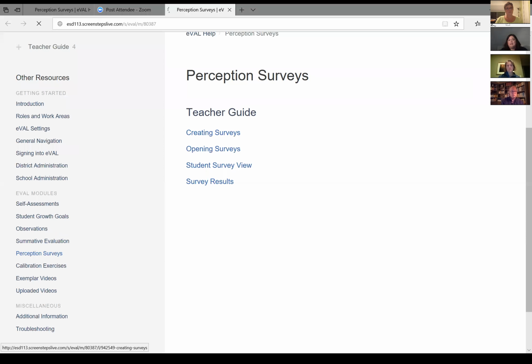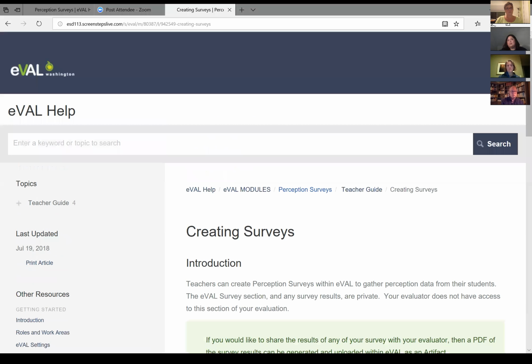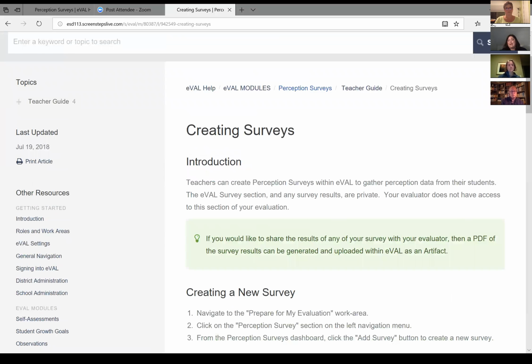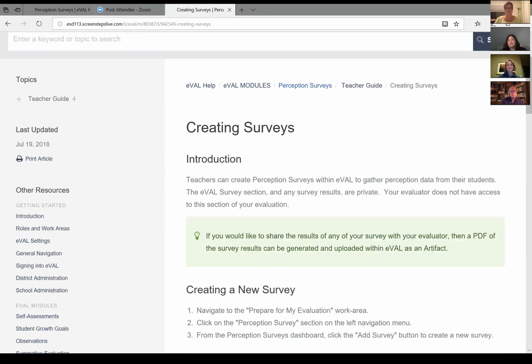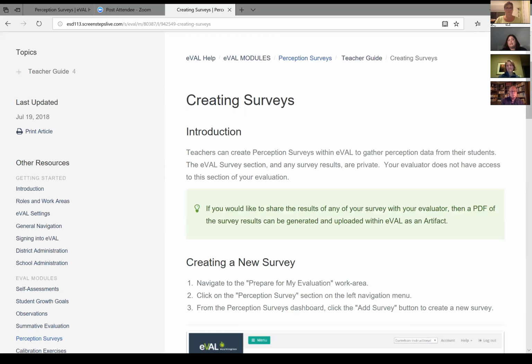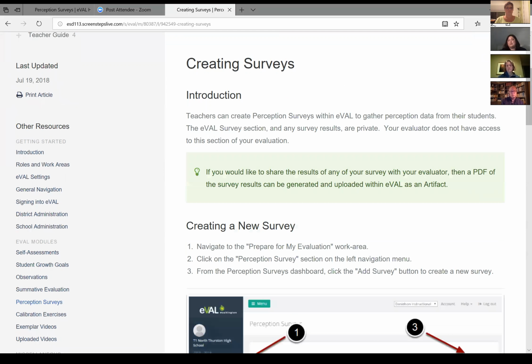And we're just going to walk you through this at a very general level, and we encourage you to go in. It's a real good play-by-play how-to guide on how to create a survey with guided visuals on what you will see in terms of screenshots as you go through the process. So you will create a perception survey